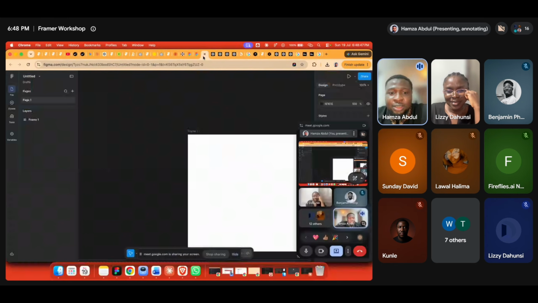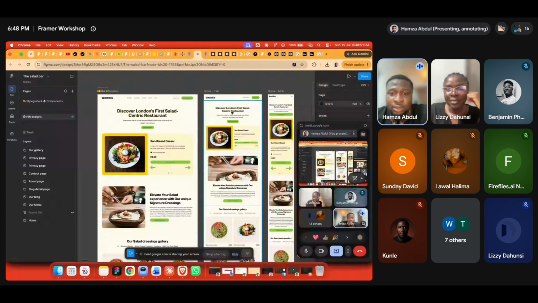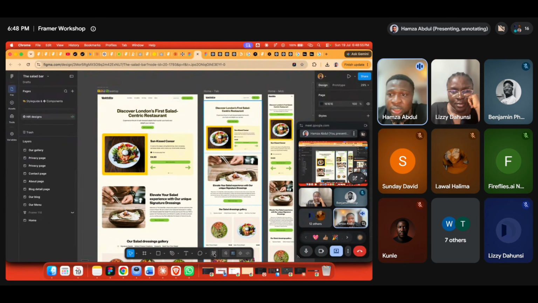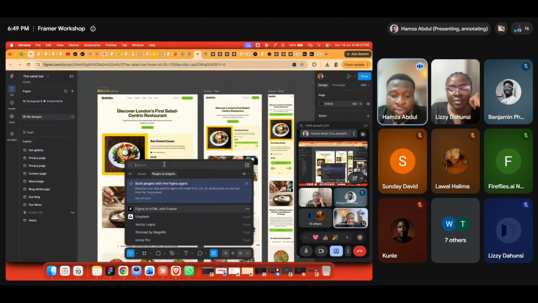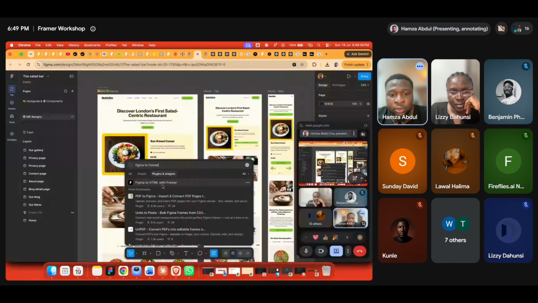Okay, so this is an example now. This is Figma, and I want to send this to Framer. So I'll come here to the plugin, Figma to Framer, which is Figma to HTML with Framer.